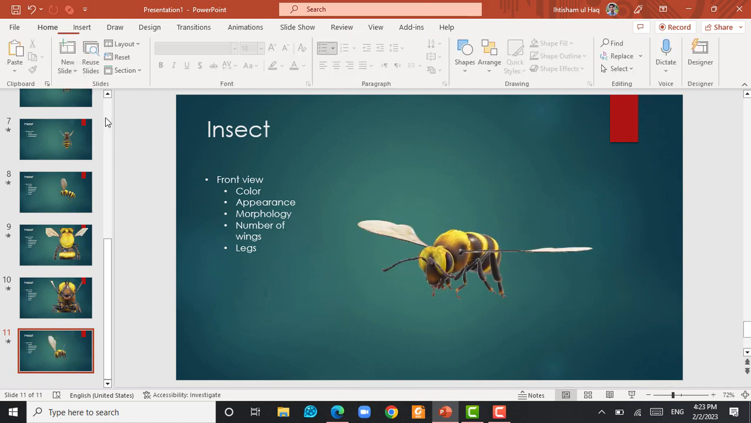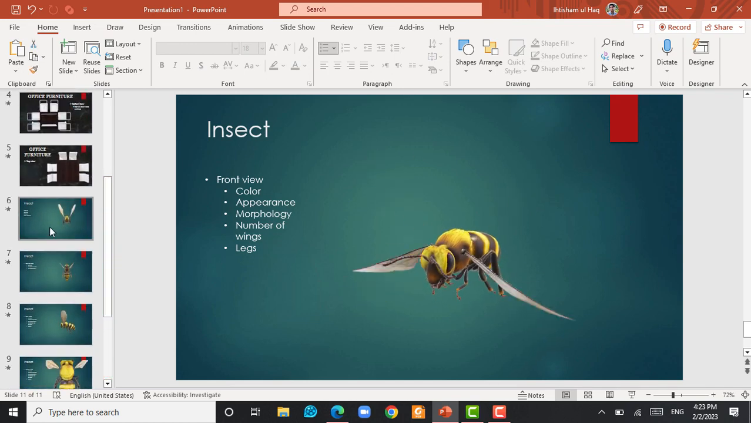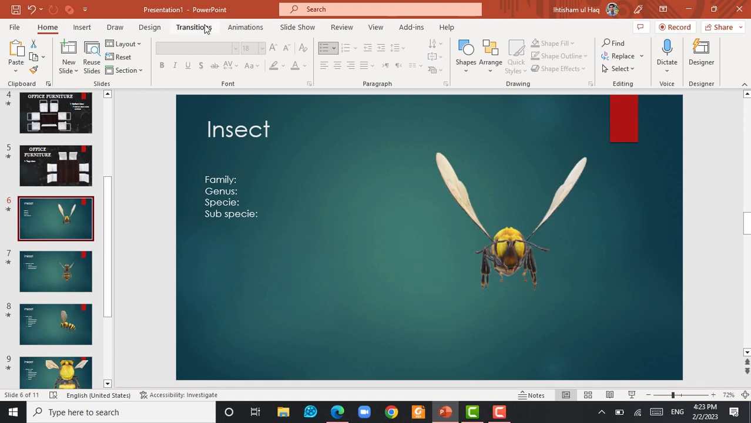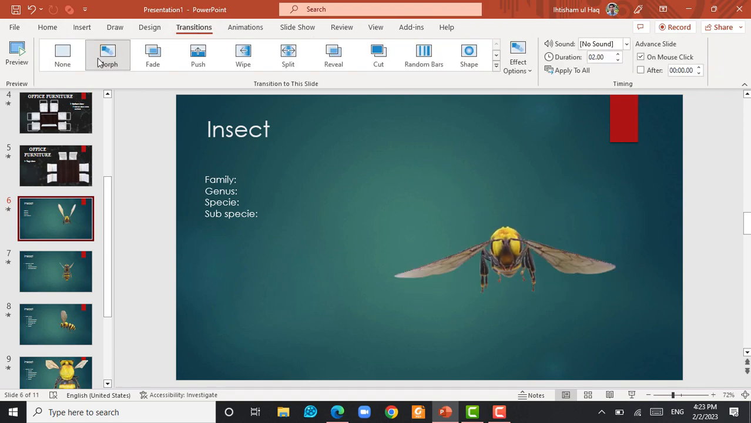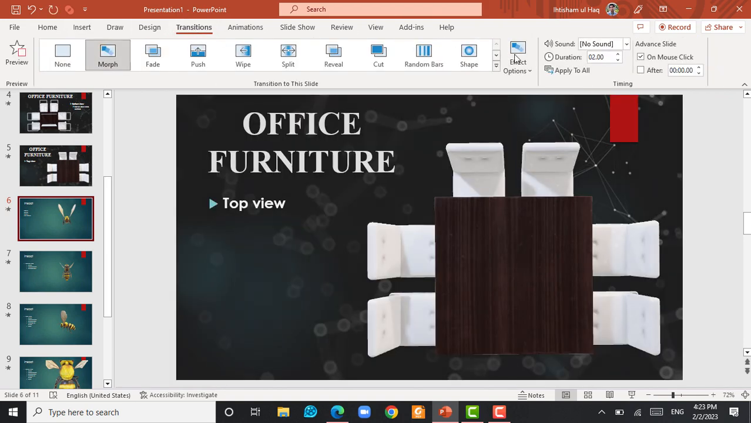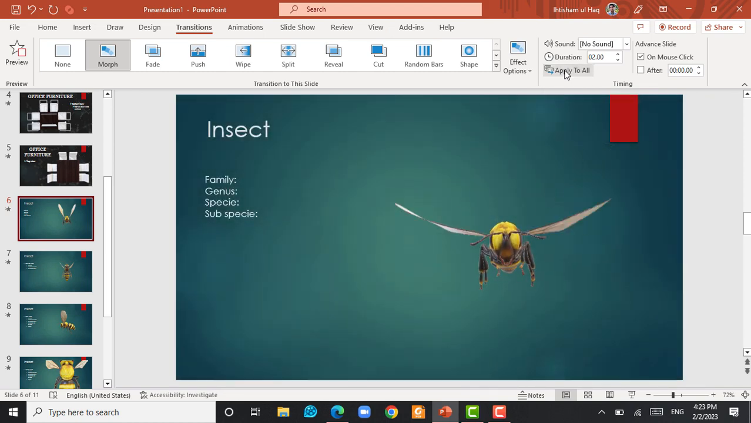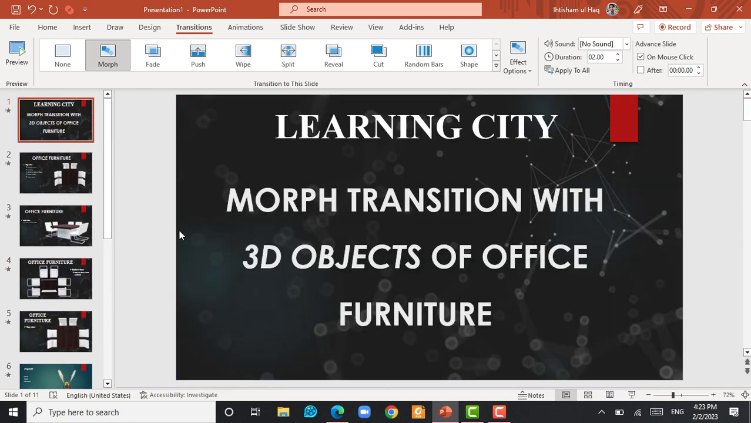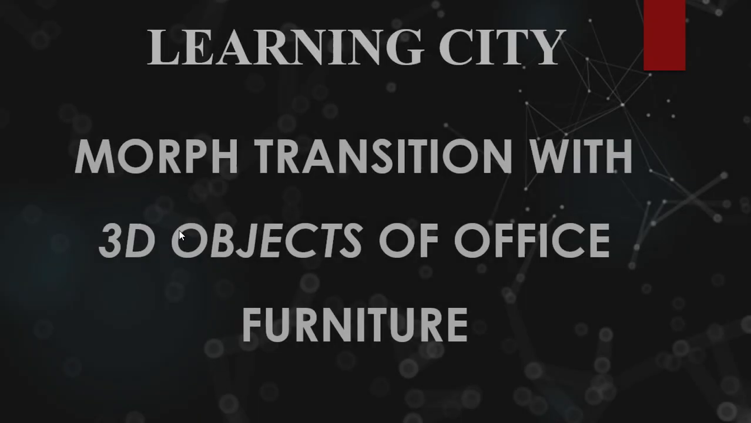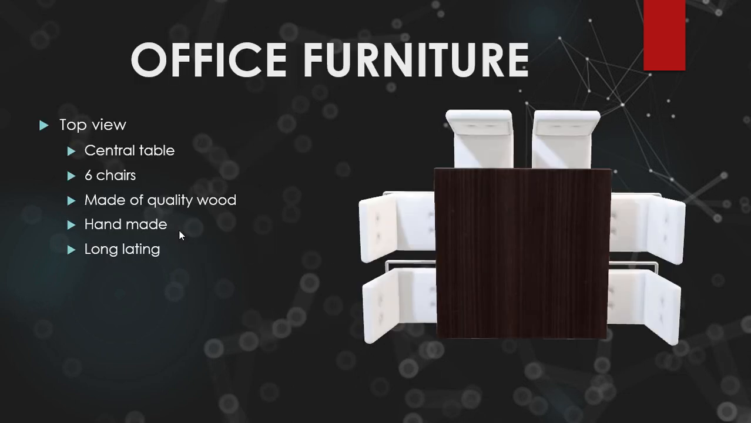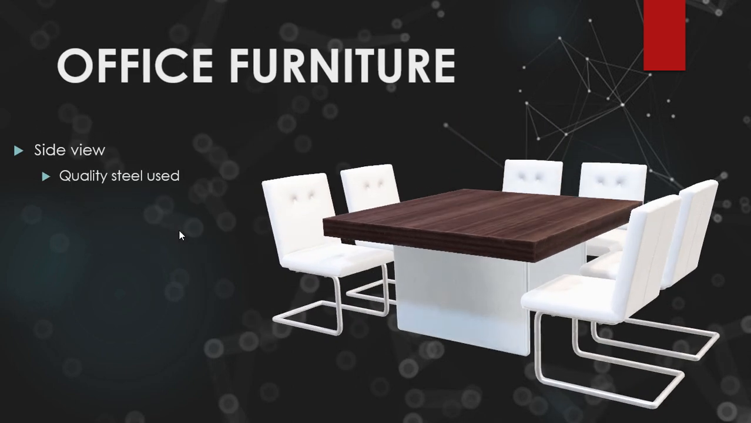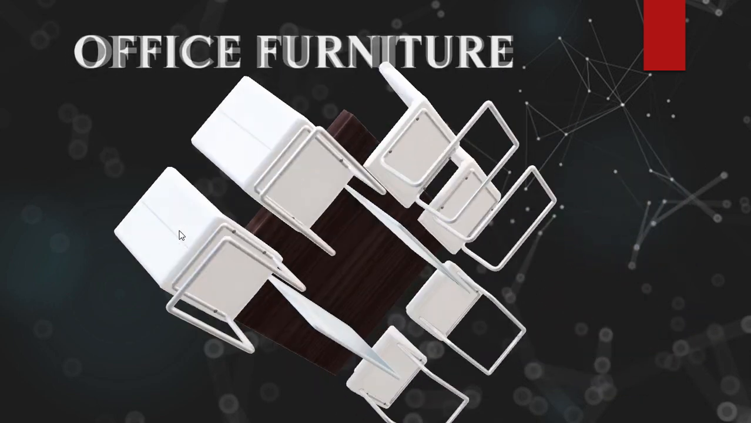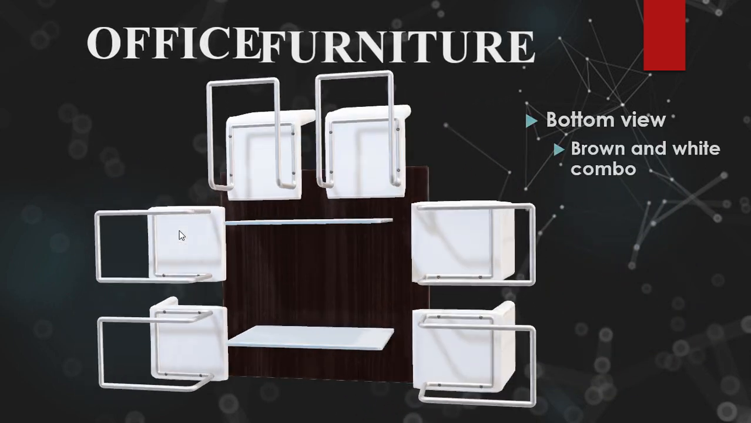Now from this slide, I'm going to go to the transition, click on Morph transition and apply it to all. This is all you have to do. Now start from the beginning. This was the initial slide which I have told you. Look at the motions, bottom view,